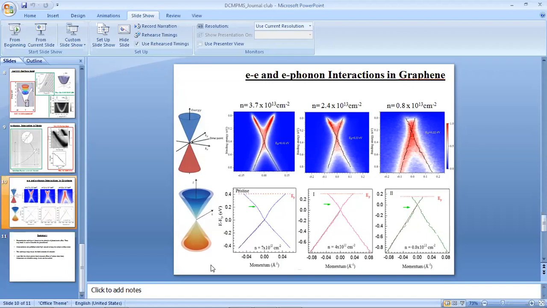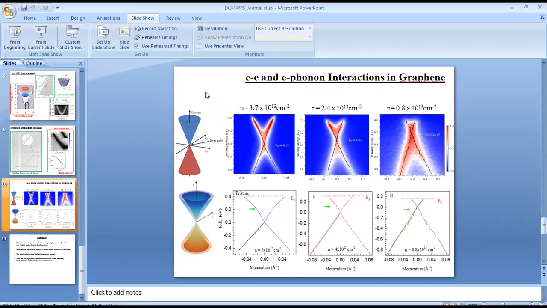Okay. There are two questions in the chat box. One is from Vikas Saini, asking how much energy resolution there is in ARPES. I guess you answered, but please mention it. In general, people mention it as 5 to 10 meV, or 15 meV in some cases. That depends on the particular beamline.